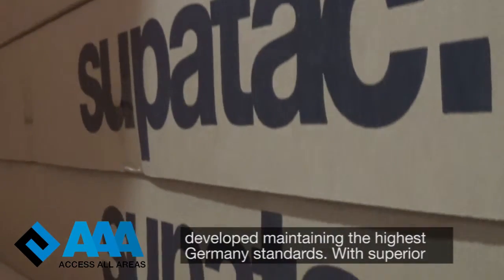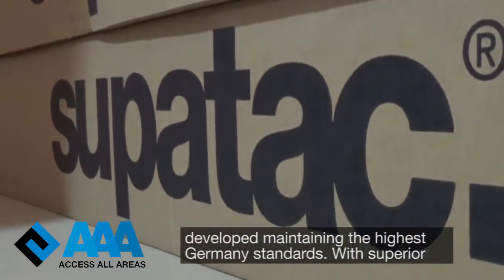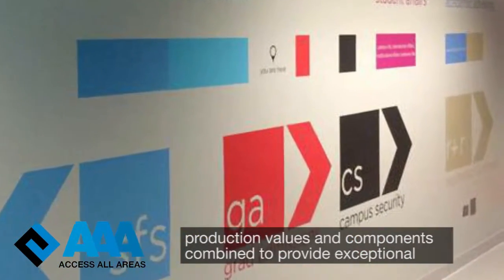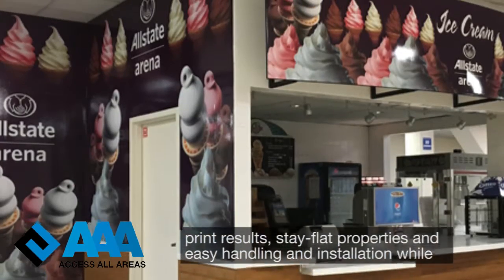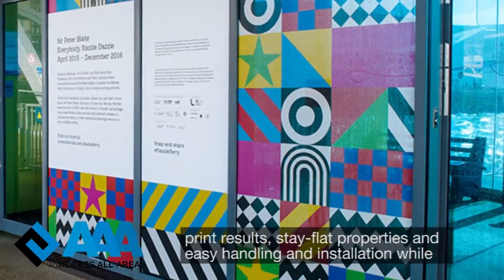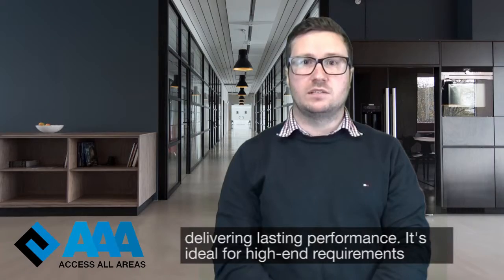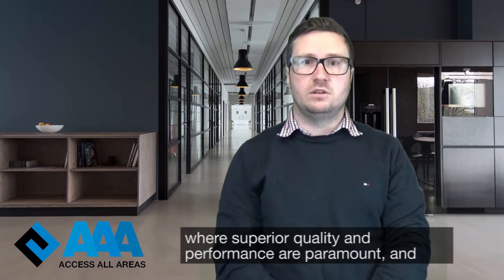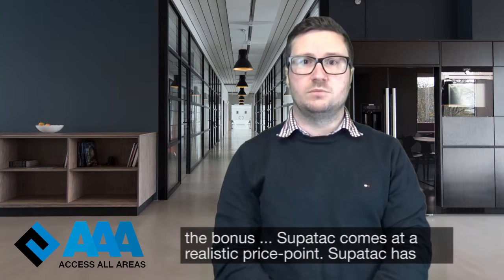It has been developed maintaining the highest German standards, with superior production values and components combined to provide exceptional print results, stay flat properties, and easy handling and installation while delivering lasting performance. It's ideal for high-end requirements where superior quality and performance are paramount, and the bonus, Supatac comes at a realistic